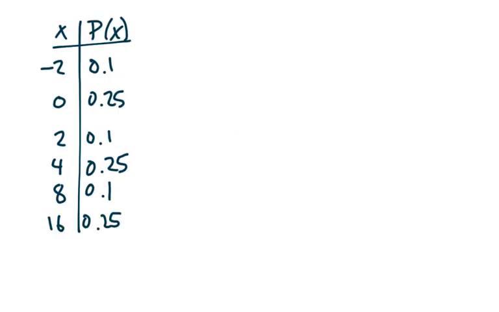How about this monstrosity? Is this a discrete probability distribution? No, of course not. Why not? Two conditions. That each of these numbers has to be between 0 and 1. It is. None of these numbers are negative. I don't care that this is negative. That's fine. These can't be negative. They can't be bigger than 1.